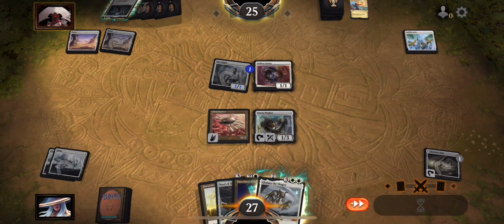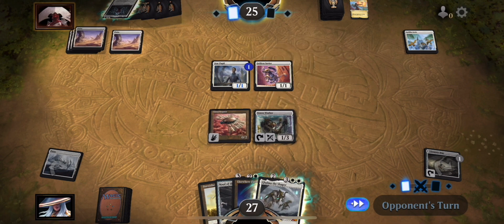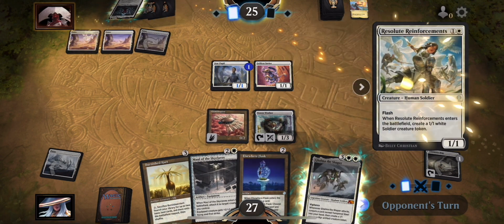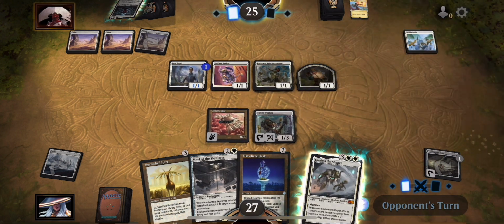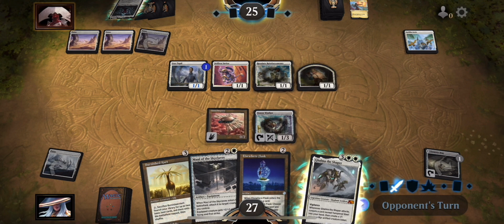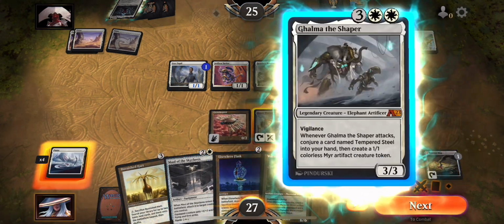Let's not attack if there's no reason to. Our opponent's turn. Plays a land into... Oh, alright. Resolute Reinforcements. So it seems like our opponent has been playing some things with Enter the Battlefield abilities before they get Elesh Norn out, which personally I wouldn't do because I'm greedy, but it probably...